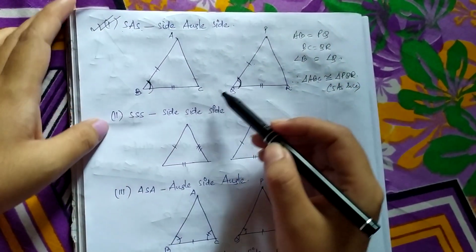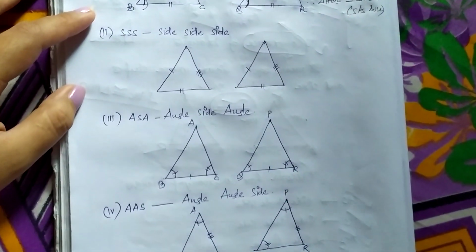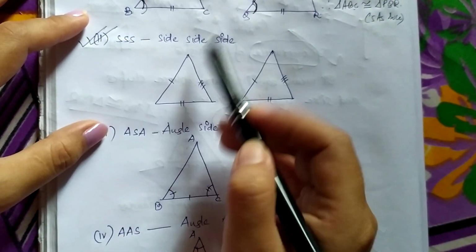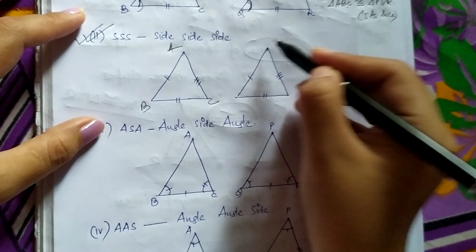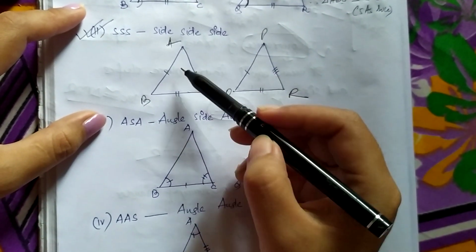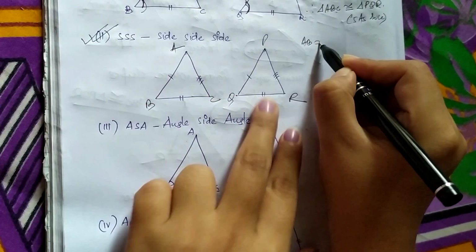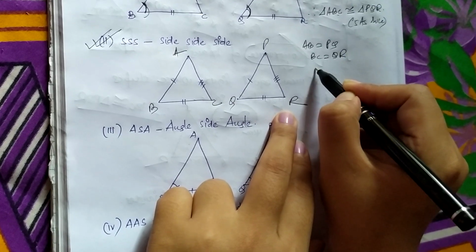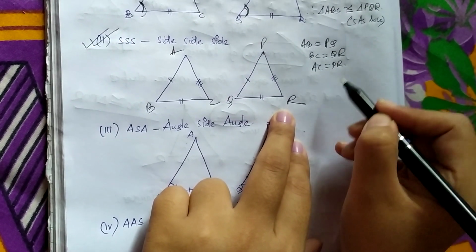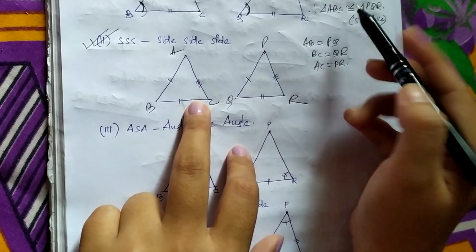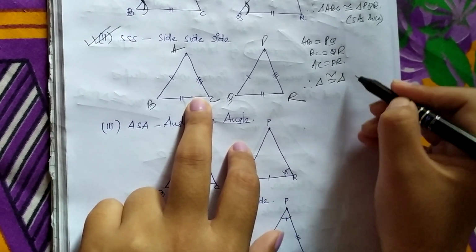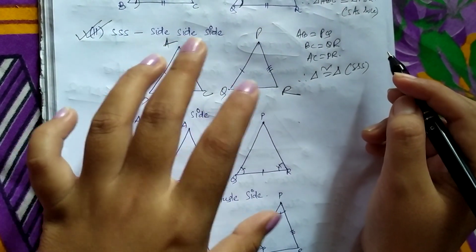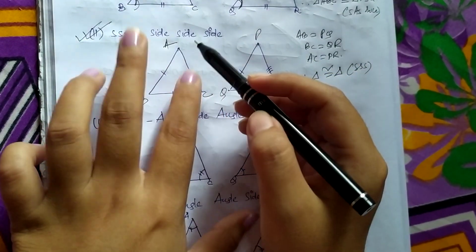Okay, so moving on to the second rule or the criteria, it is your side side side rule. Similarly, we are given the figure. I am naming the figure again. It is ABC and PQR. So here also it is given in the figure itself. AB is equal to side PQ, BC is equal to side QR, and side AC is equal to side PR. Here again we are satisfying the 3 criteria, so we can say that the two respective triangles are congruent. By what rule? By SSS rule. So this is the overall meaning of this second rule.